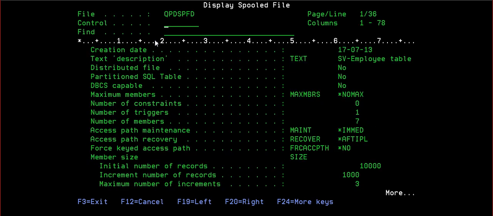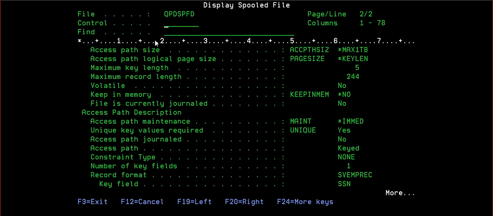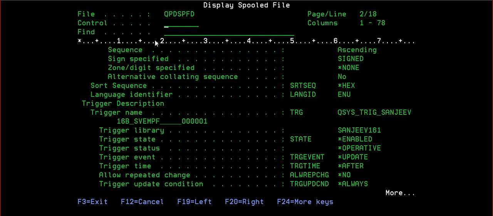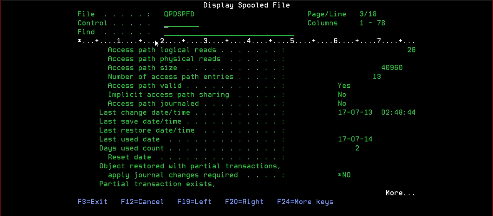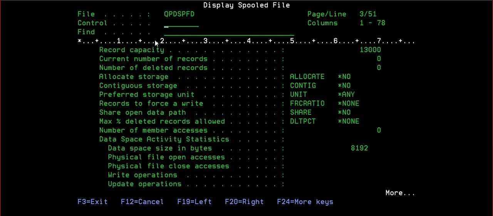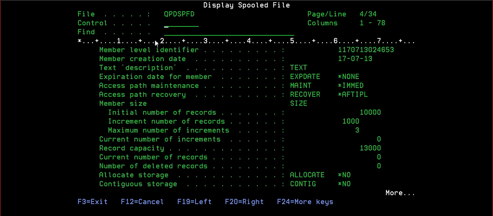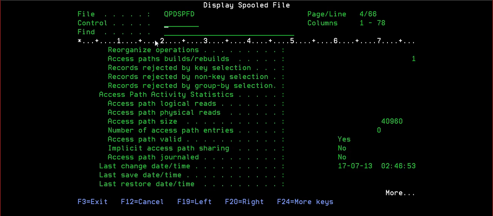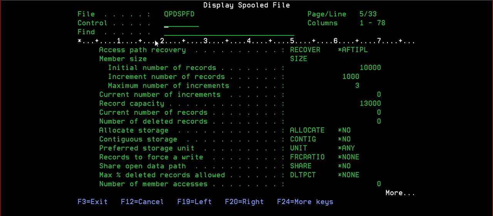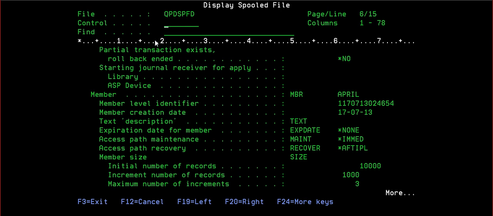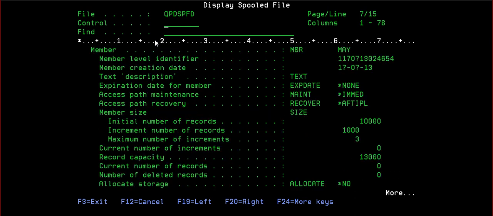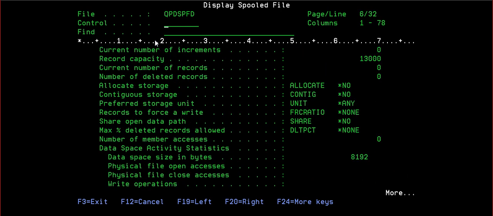This is 161. So where is my trigger program? 16B we have to use. I just have to check the trigger. Where is it? I think it comes at the beginning only.